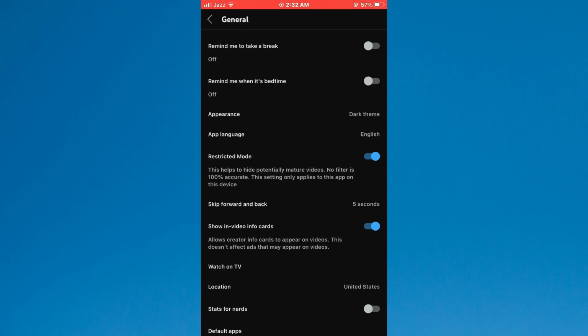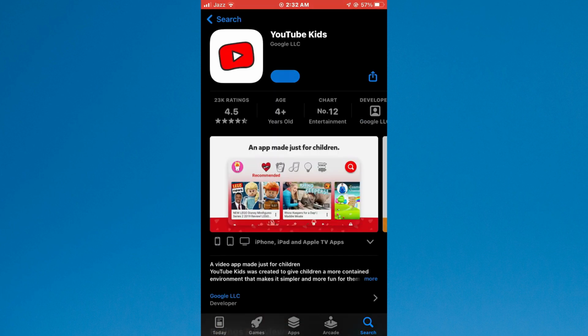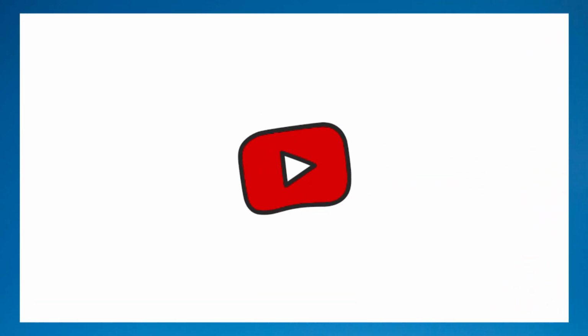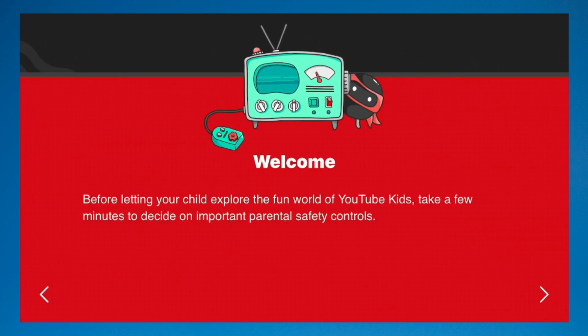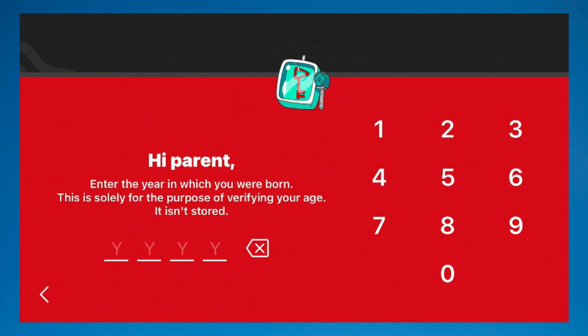Another thing that you can do is setting up the YouTube Kids account. For that, open App Store or Play Store and search for YouTube Kids. Now, download the app and open it up. After that, you will be prompted to tell them whether you are a parent. Simply tap on I'm a parent, then continue by tapping on the arrow icon and you will be asked to